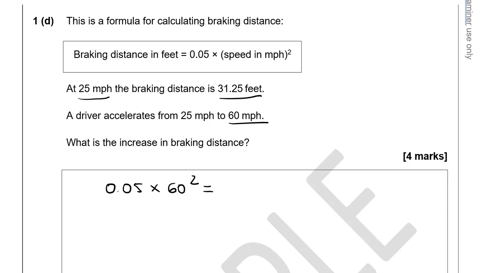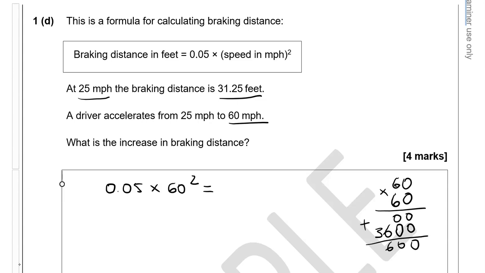So we'll need to do the 60 squared first. So 60 times 60. So multiplying by 0 is going to give us 0. Then putting 1 0 down. 6 times 0 is 0. 6 times 6 is 36. So 3,600. So now we need to work out